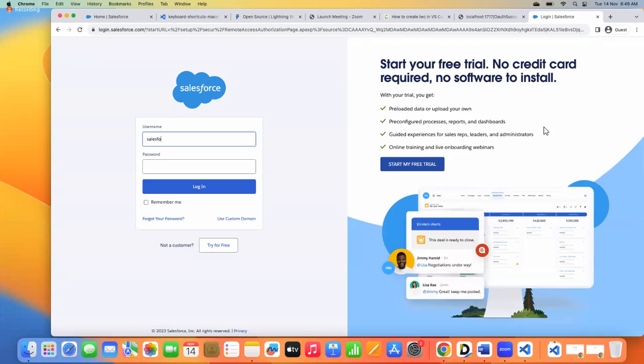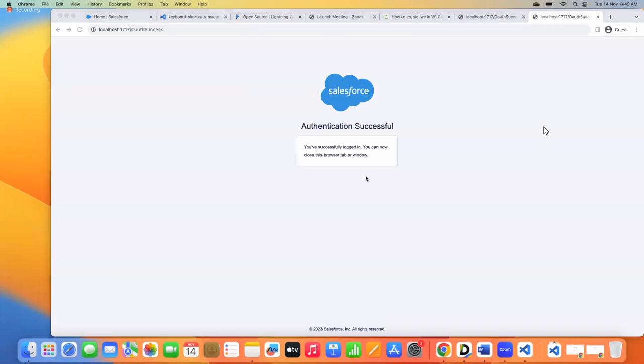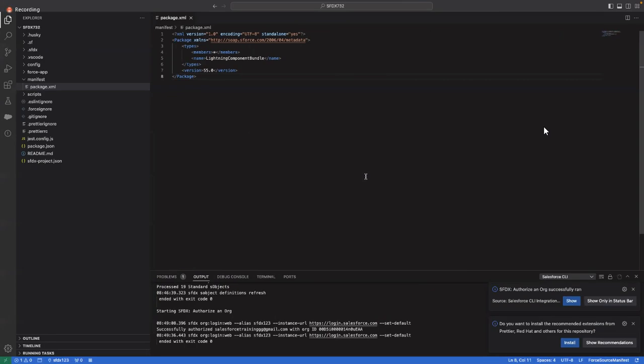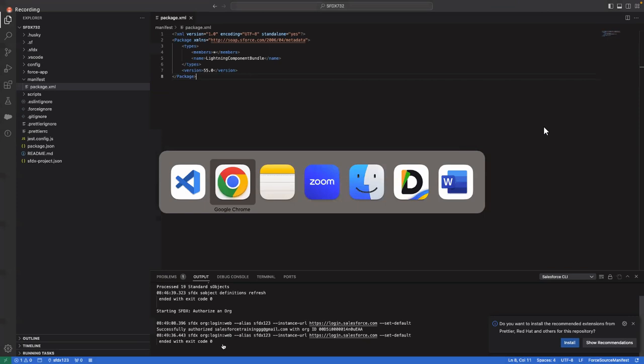Okay. Now here gmail.com. Okay, authorization successful. Now go here. Okay, successfully authorized the org. Okay, SFDX123. Okay, fine. So now